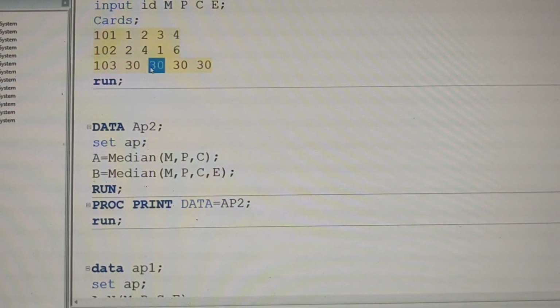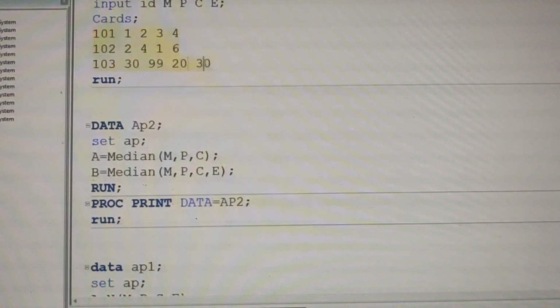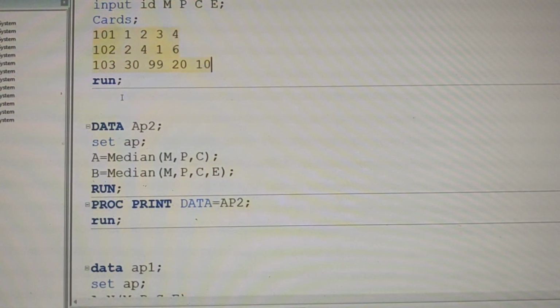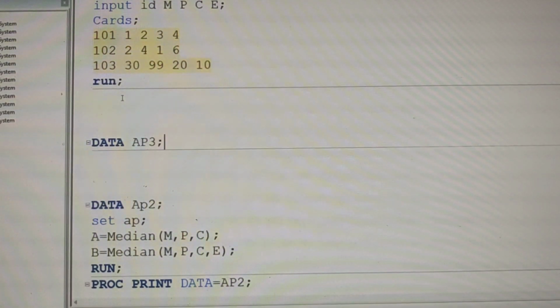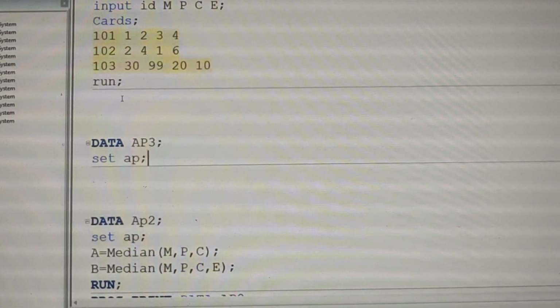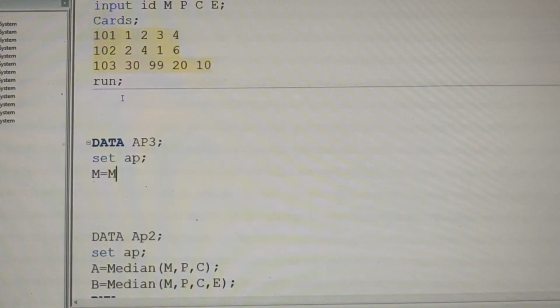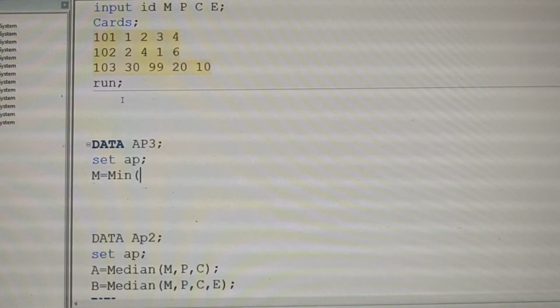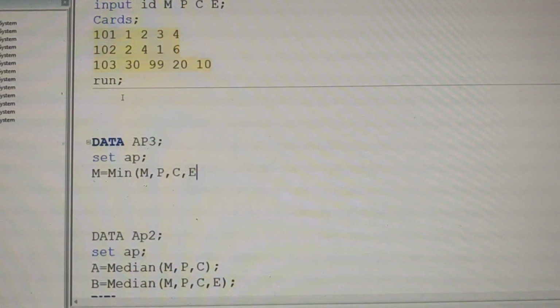Then 30, 99, 20, then 10 only. You can see these are the values only. Now here I will go for data AP3, set AP. Now here I need the minimum value, min of. Min is a function. By using the min function, we can find the